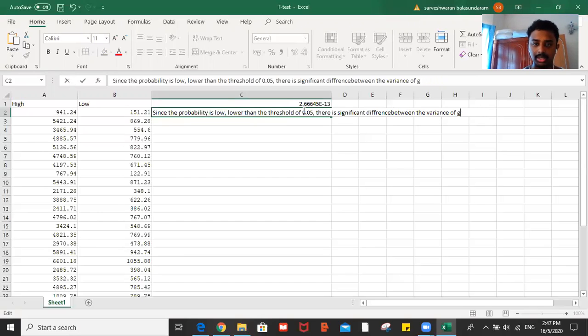We are using low and high, so it should be high and low, contrast. Not images, just low and high contrast. Okay, so if you see,